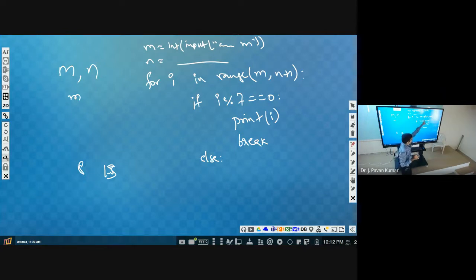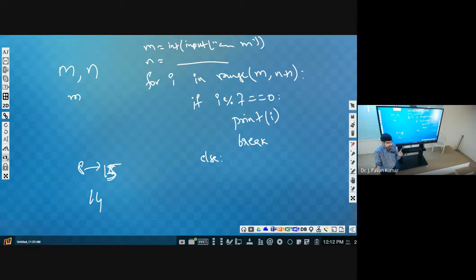That is normal completion. But if I give 8 comma 15, then 8, 9, 10, 11, 12, 13 will be repeated, then 14, and the remainder is 0. Then it will print 14, break. That means it will stop. Actual repetition will start from 8 up to 15, but it is ending prior to that because of that break. So we need not print, there is no multiple of 7.